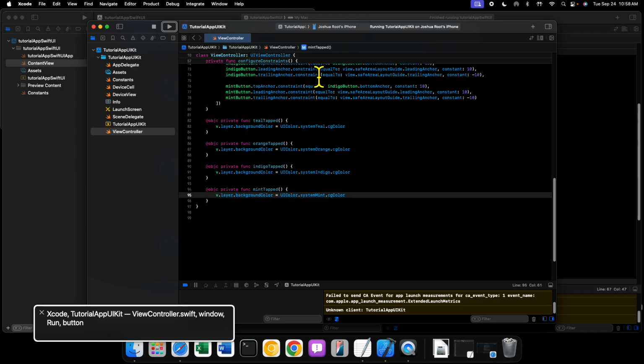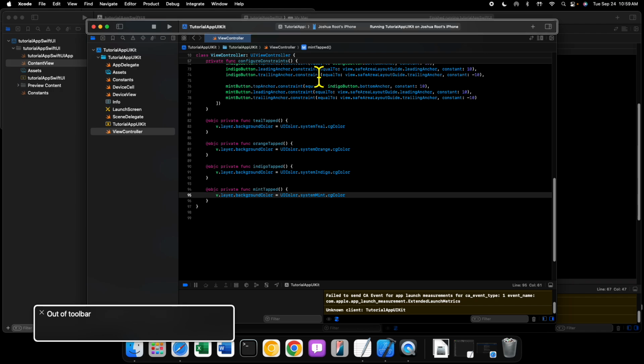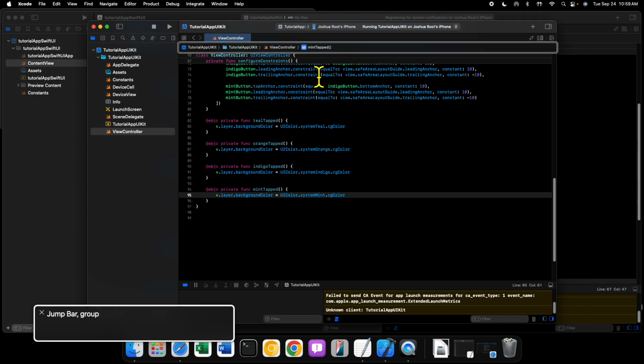And all that's great. However, we want to, much like we did with SwiftUI, allow the user to use voice control to tap these buttons in a little bit more of an efficient manner. So what we can do is inside of our main view controller here,